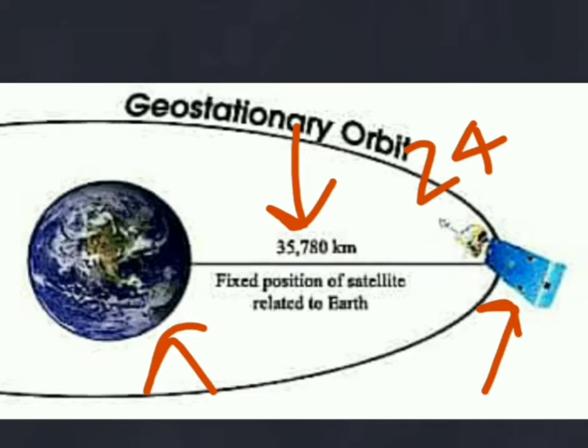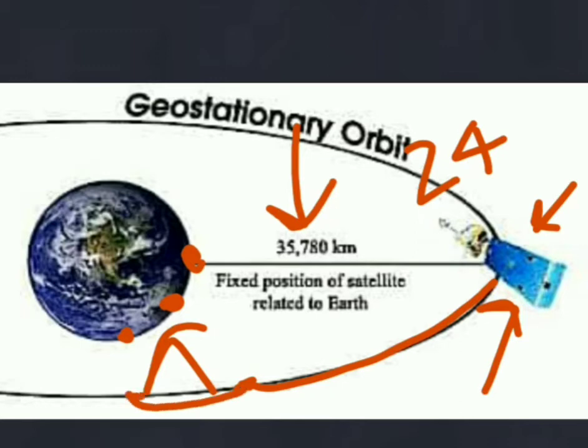Now, why the name geostationary satellite? There is a reason. For example, if I'm standing here, I see the satellite above me. Now, when Earth rotates, my position will be here, the satellite will also be here. Now again the Earth rotates, my position changes, position of satellite also changes. So to me, if I see above me, the satellite always appears to be stationary. I always see the satellite over my head like this and this. So this is the reason for the name geostationary, as it appears to be stationary.